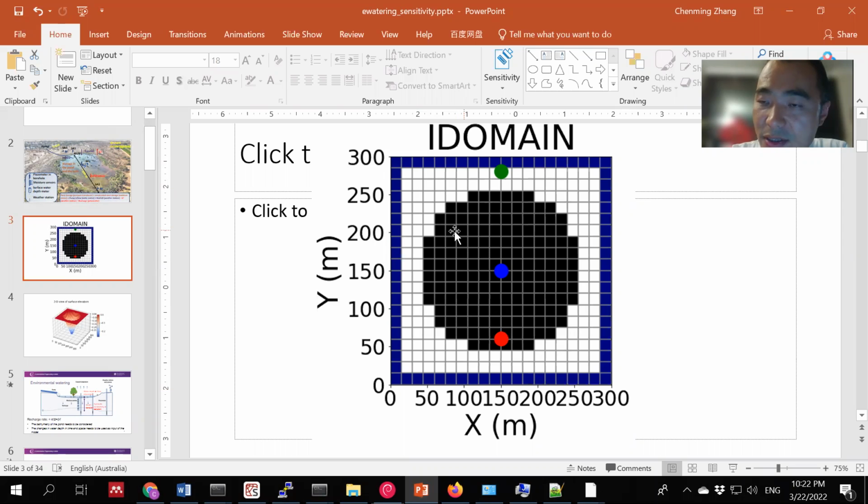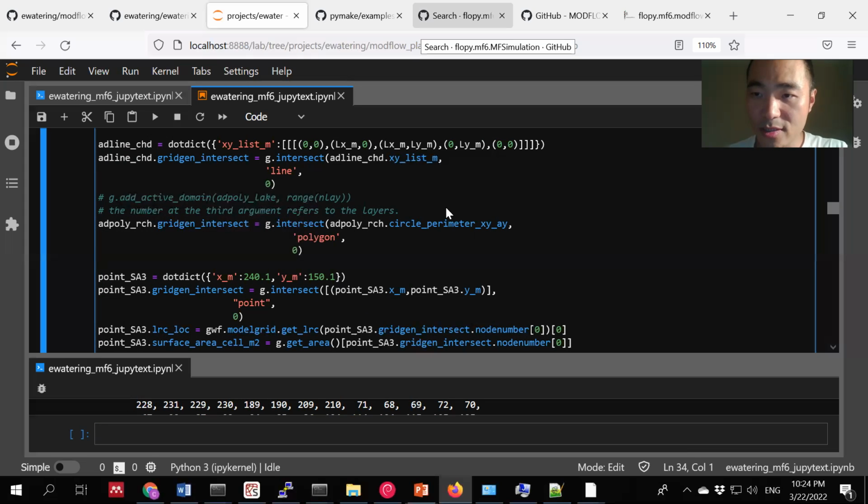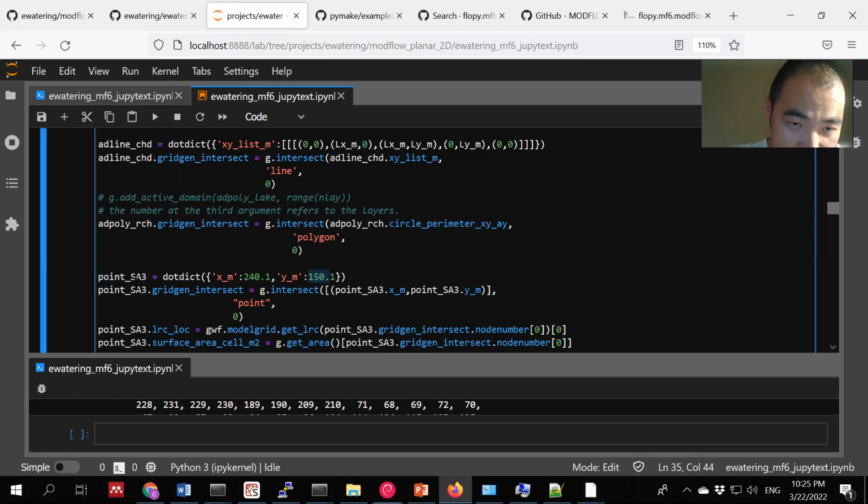But we need to get the layers, row, and column. So this line here is to interrupt them. So we talked about lines and polygons, right? So we basically find out the node numbers, then we also need to define the point SA3. So point SA3 at X is equal to 240.1. The Y is 150.1. So SA3 is somewhere at,